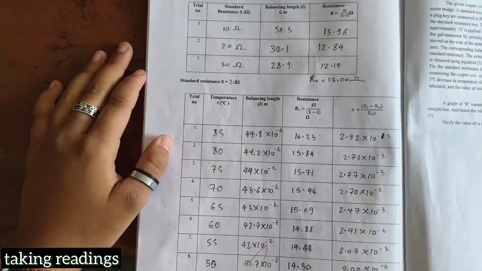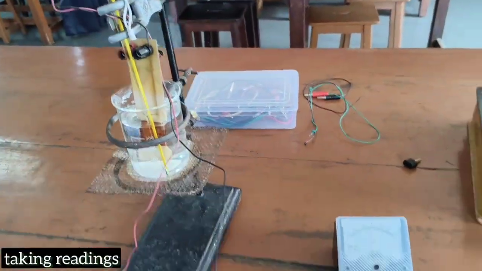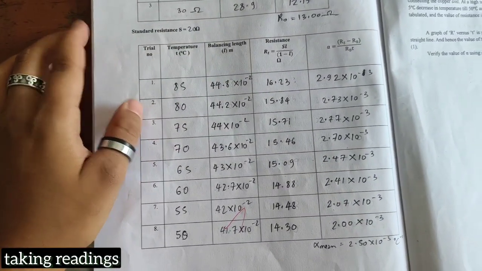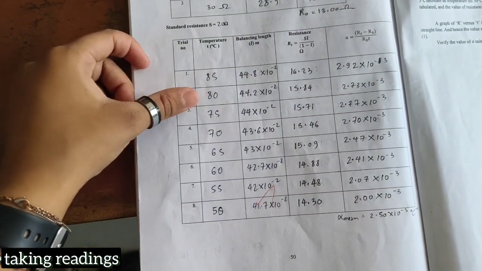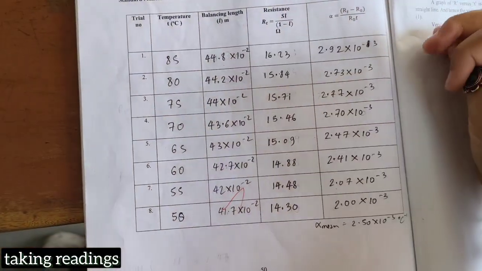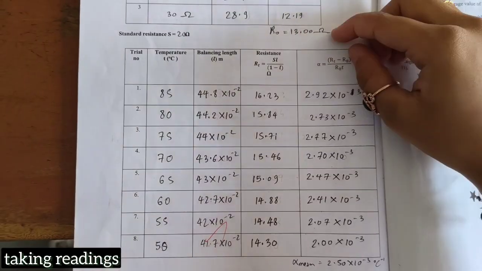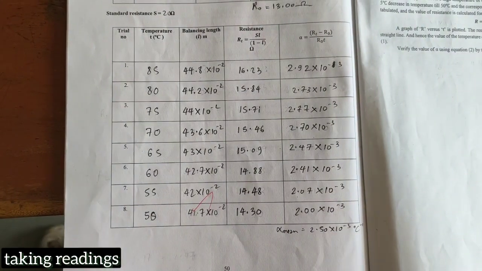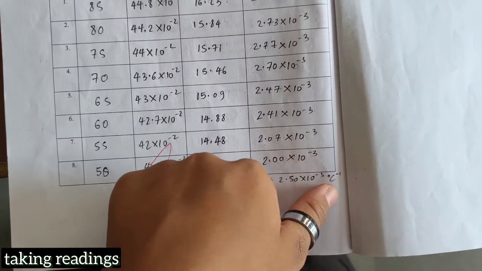And so basically we get hot water in the beaker and start with 85 degrees Celsius on the thermometer, and at 85 degrees Celsius you repeat the same process where you find the balancing length in meters, find the resistance, and then repeat the same for each 5-degree drop in the temperature. And when you have the balancing lengths and R for all of them, you calculate alpha, which is RT, these values, minus R naught, which is what we found, divided by R naught into T, which is the temperature. So that will be your alpha mean in degrees per degree Celsius.